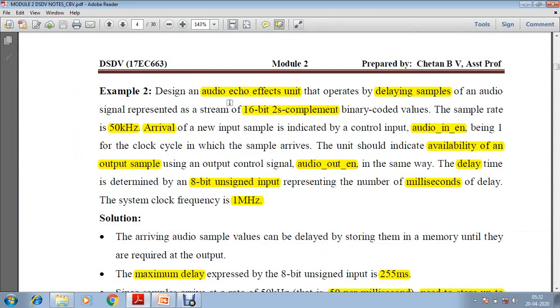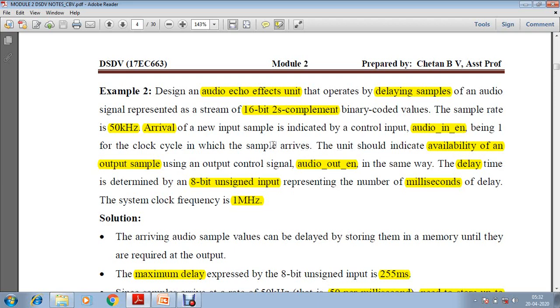Here you can see we have to design a unit called the audio echo effects unit. It delays samples. Audio samples are arriving at a rate of 50 kilohertz. Each audio sample is a 16-bit 2's complement binary value. On the arrival of an audio sample, we have an input control, audio in enable, which becomes 1 whenever a new audio sample arrives.